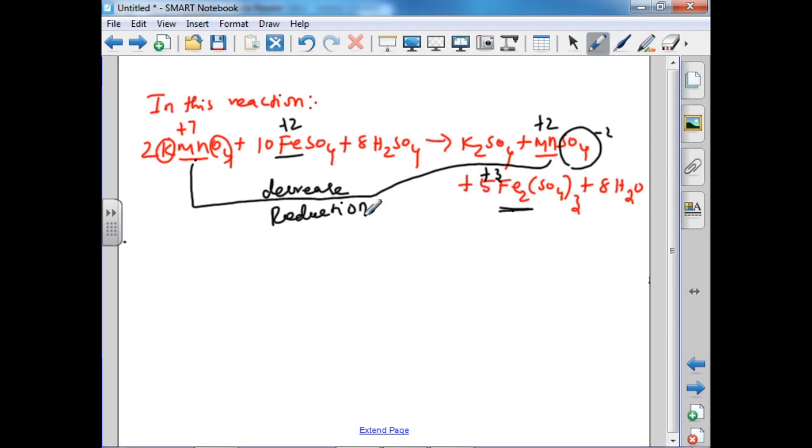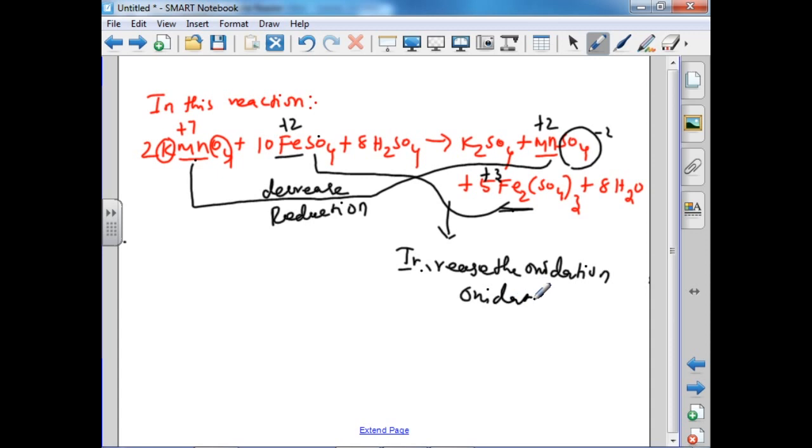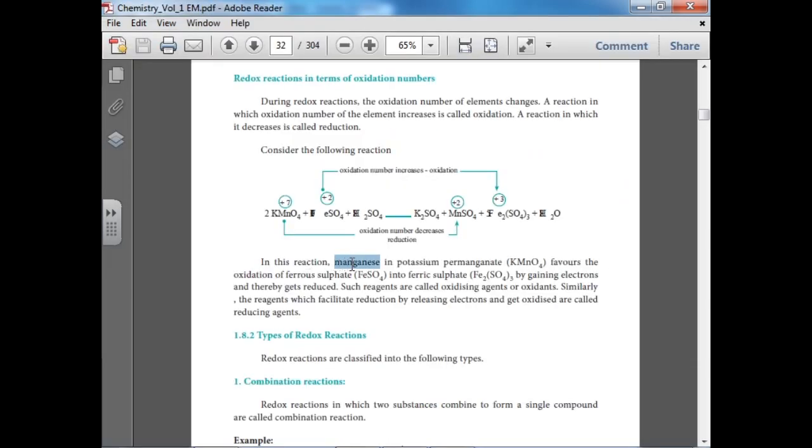Next, iron is going from plus 2 to plus 3. That is an increase in the oxidation number. So what is an increase in oxidation number? Increase in the oxidation number is oxidation. So iron is oxidized. In this reaction,